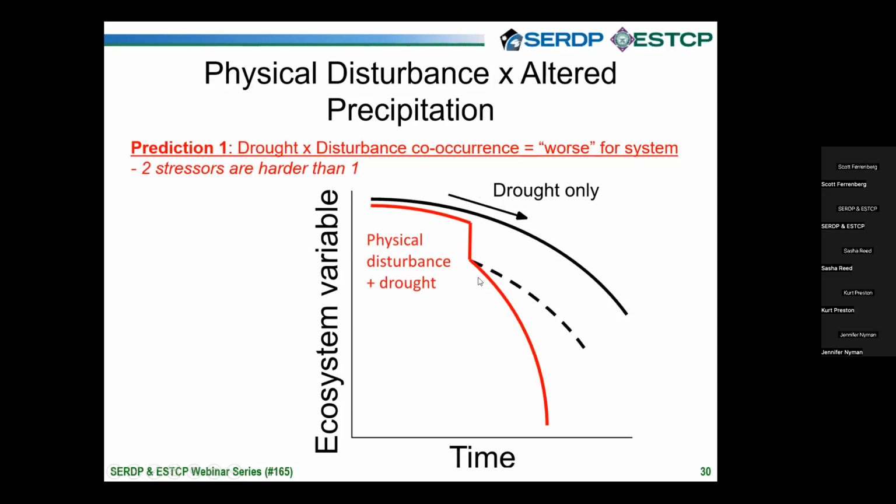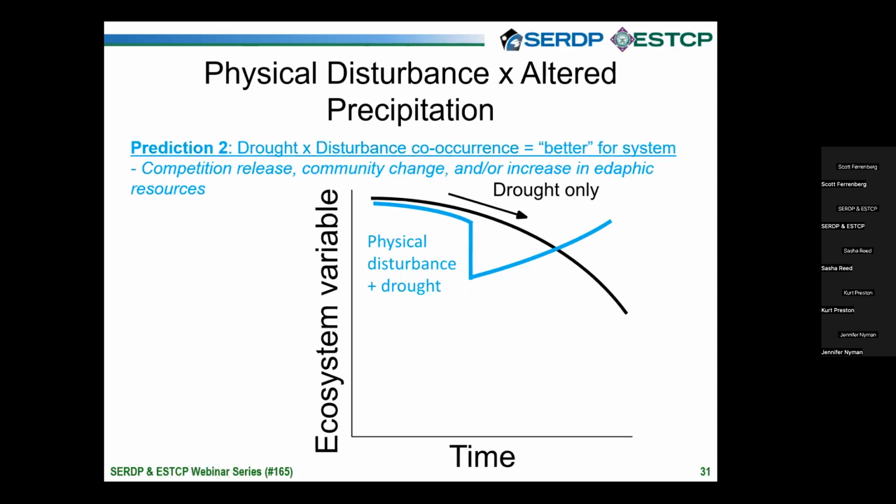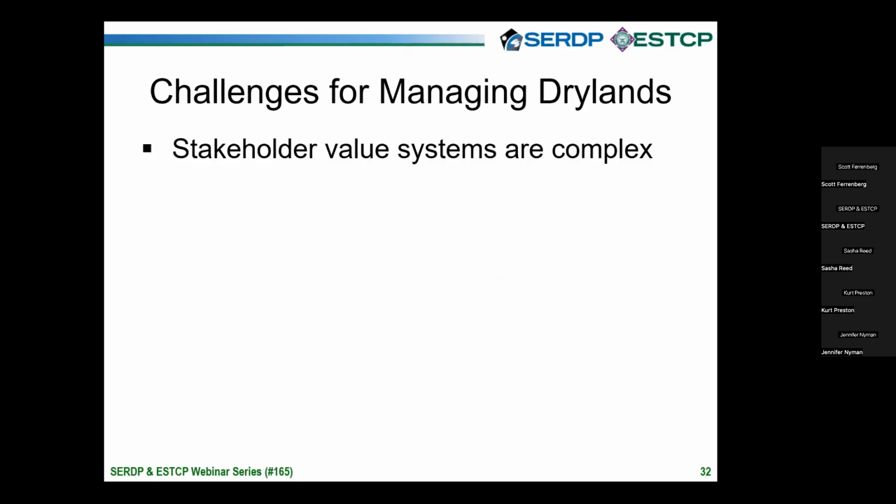So we have a much steeper, further decline in that ecosystem variable like forage. But in contrast to that, we could find scenarios in which two wrongs could make a right, where we have a disturbance and then potentially because there's less competition among the plants, or we get a fast change in community that's better adapted to drought conditions, or perhaps other resources in the soils are released, we could see the opposite pattern. And we just don't know in drylands because we have so very few studies looking at how dryland ecosystems